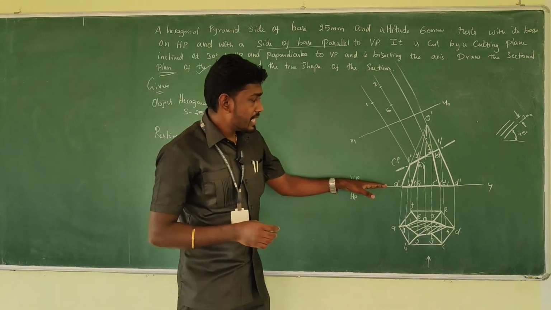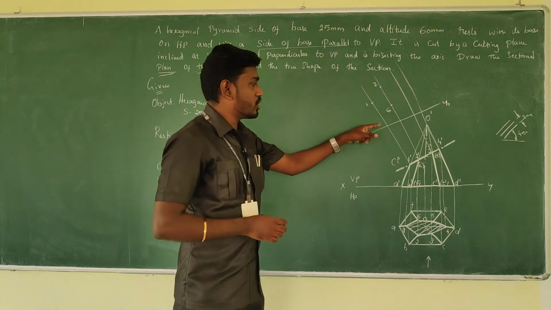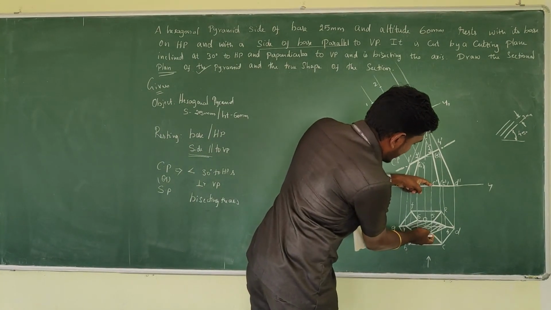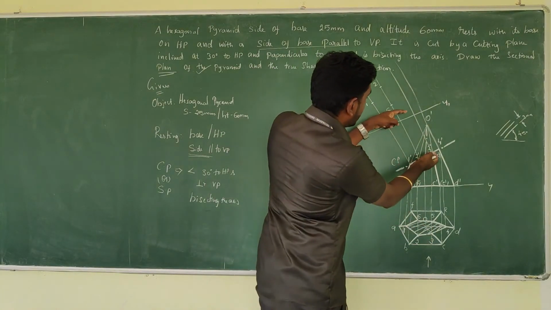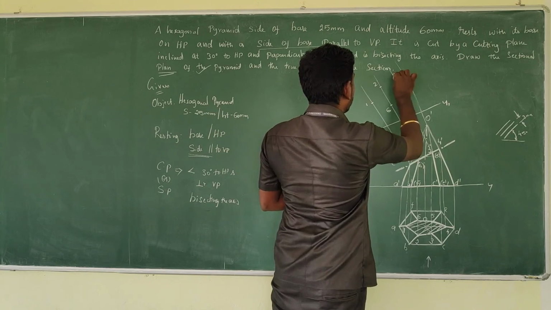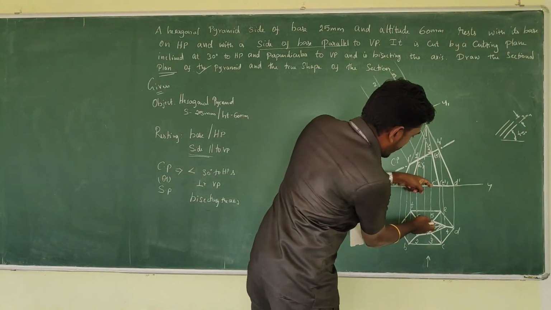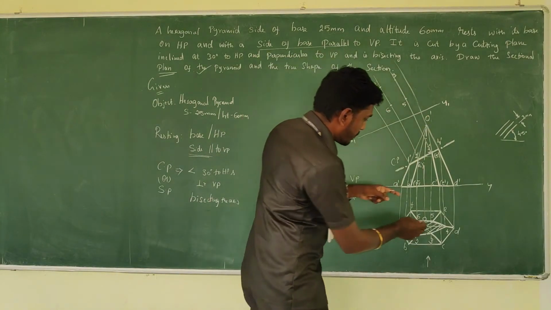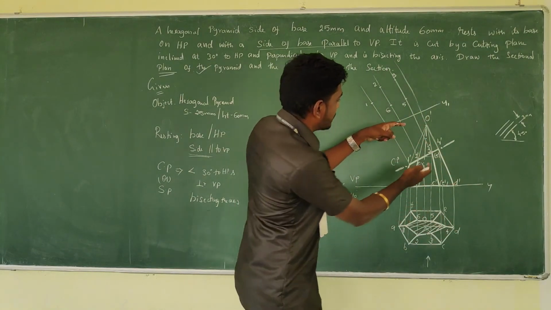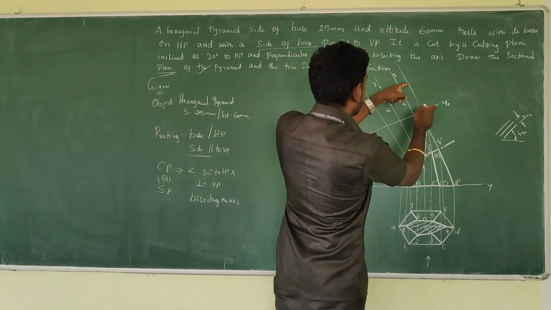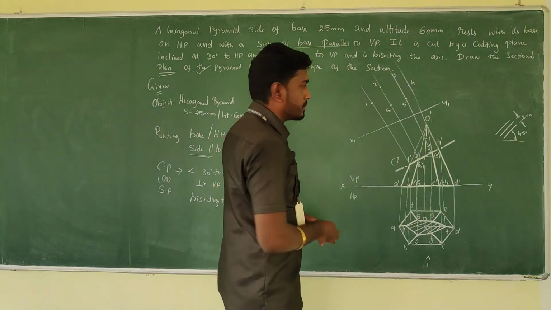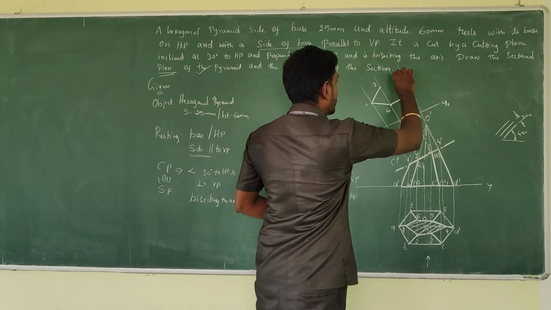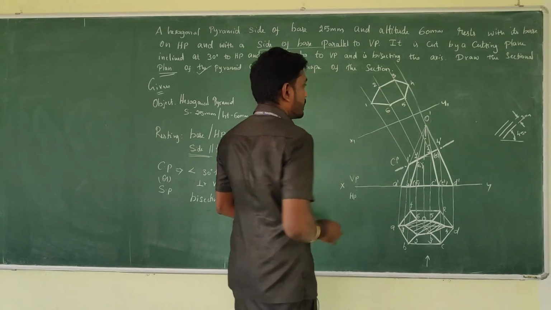You are measuring from the reference line and conveying from the reference line in the respective line with the measurement taken from the top view. Take the measurement for 3, a good perpendicular distance, and from the third projector make a cut, so you will get 3. Take the measurement of 5, which is in the same projector, convey it, and you will get the 5th one. Next, take the measurement of the perpendicular distance in the same projector for 4, make a cut mark, and you will get the 4th point. By connecting all those chosen points, you get the true shape of the section.